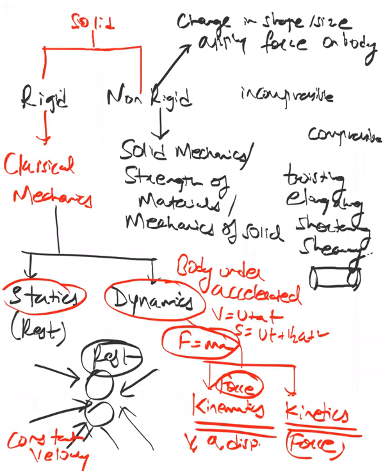You can apply force from all the sides, right? So what kind of force you will apply, and what will be the change in the dimension in the body, and how much force that body can sustain, and by what force the body will break, and how much the body will change its shape. All those things are studied in solid mechanics. Like design of a bridge, how the bridge should be designed so that it does not sag too much. The design of your house, how much force will be acting on your house so that the house does not change its shape, or the house should be able to take the load, it should have strength, it should not break. Okay, any material, if you're designing,